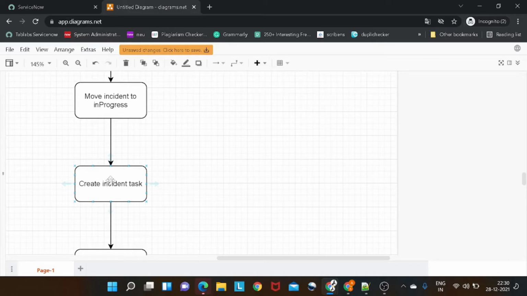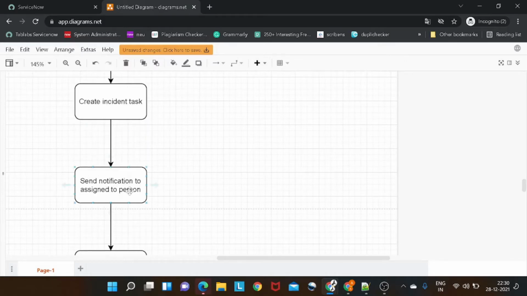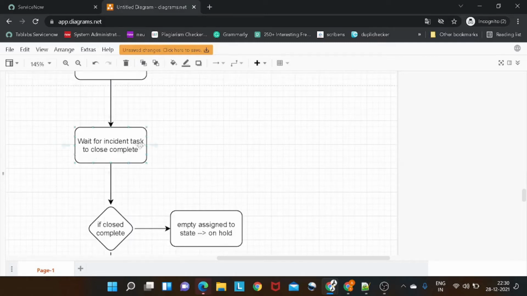So we'll create an incident task as soon as it moves to In Progress. The user will not act upon the incident directly, he will work on the incident task. We'll also send a notification to the assigned to person that an incident task was created. You can look into that, just a draft message. Now we'll wait for this particular incident task to either close complete or close incomplete. If it's close complete,